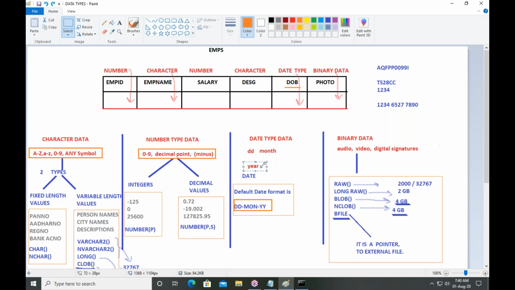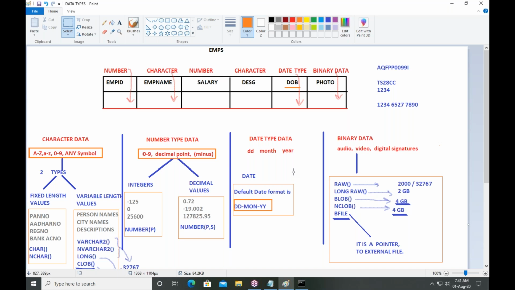Binary data. To store binary data, suppose YouTube videos, you are listening to audio songs, you are watching video songs, different types of videos, and online, if you are receiving any product, the executive is taking a digital signature on the phone.